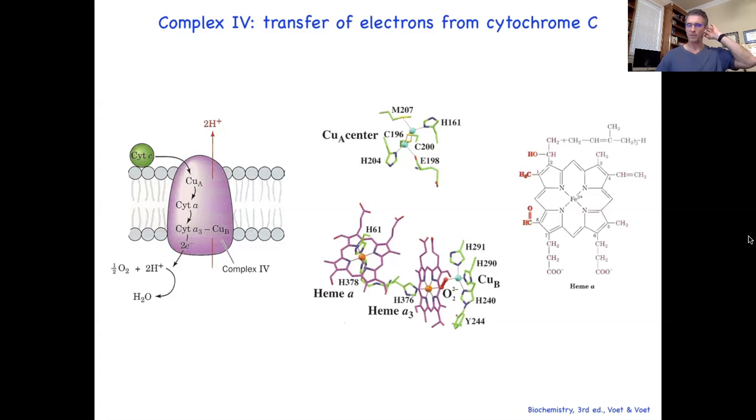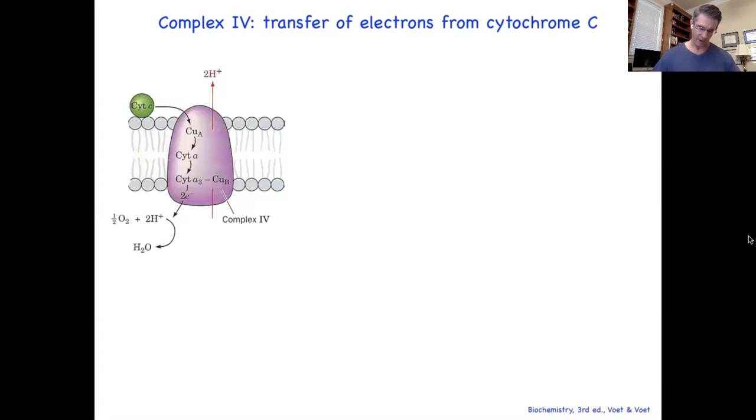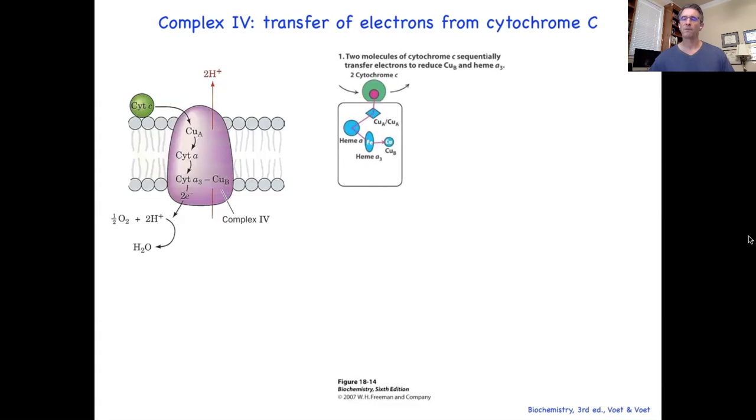All right, so the question now to grapple with is, how does this work? Because we need to run a bunch of electrons into this thing to make water, we're going to have multiple rounds, multiple cytochrome Cs, that are going to feed and activate the copper B site and that A-type heme that's down there. So the electrons will come in, they're transferred first into the copper A site, and to get this thing set up, imagine we first have sort of oxidized the iron in the